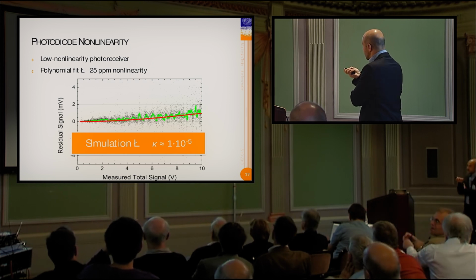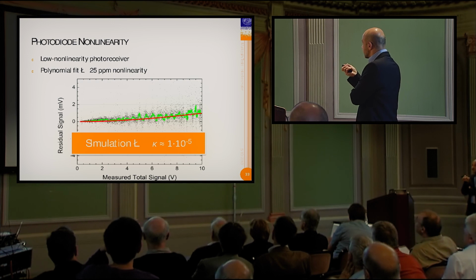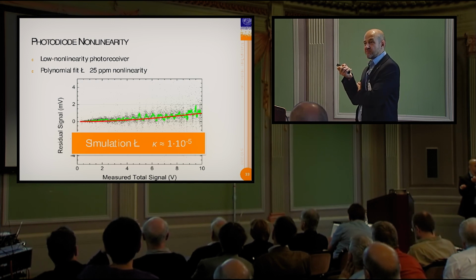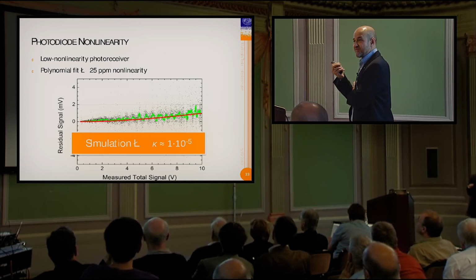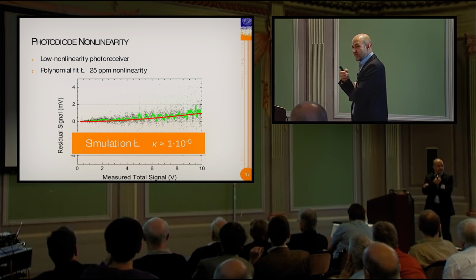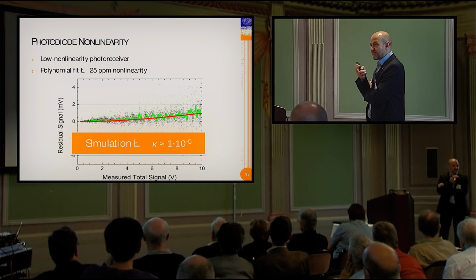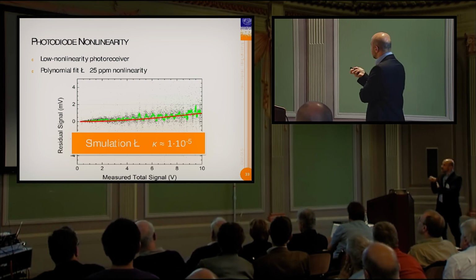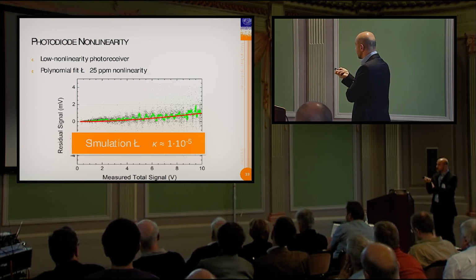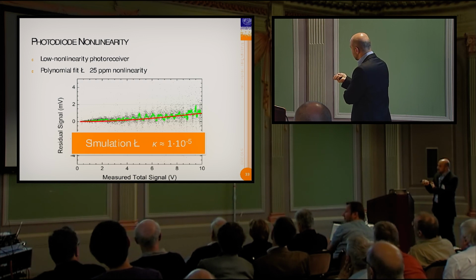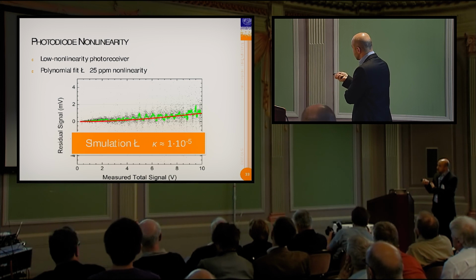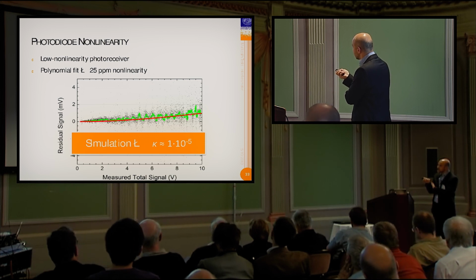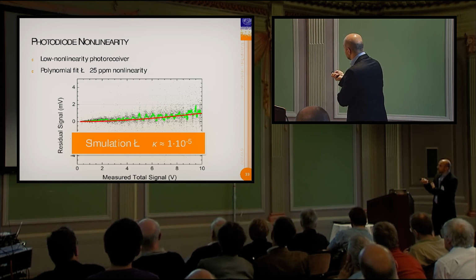And in fact, we discovered that nobody's measured the linearity of photodiodes as precisely as we have, surprisingly. Most of these papers come from standards institutes like NIST or the Swedish one. So this is a nonlinearity of 25 parts per million. If you look at this, 10 volts here is the total signal, and the nonlinear deviation, the residual signal, or the missing signal, if you will, is about 1 millivolt.